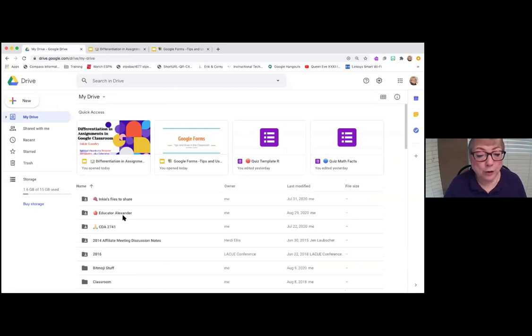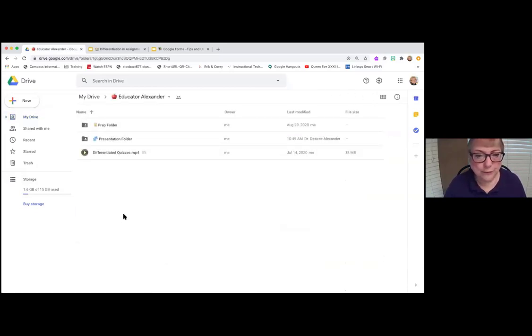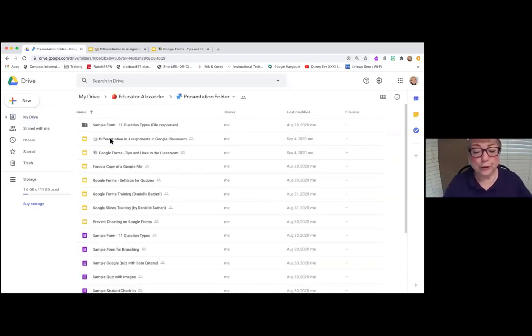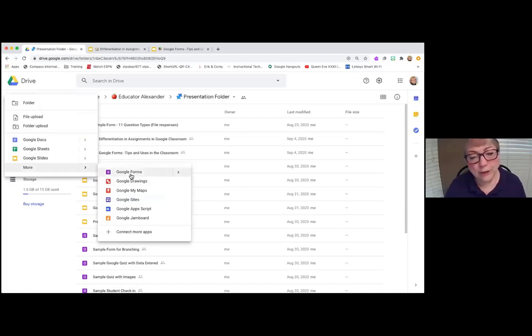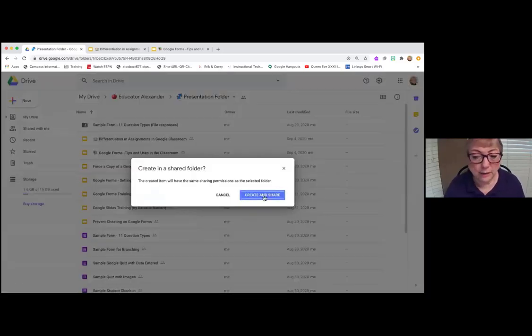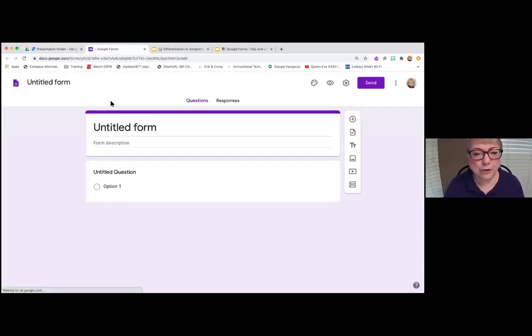I know I'm doing this for Desiree, and I have two folders in here. I'm going to use the presentation folder, the folder that you have access to with all the material in it. Because I'm demonstrating how to differentiate on a form, I'm going to put it in this folder. So we'll go to New, More, and make a Google Form. I'll put it there and share it with everybody.